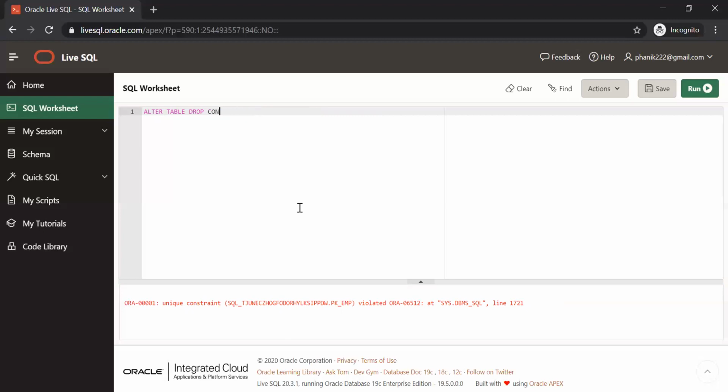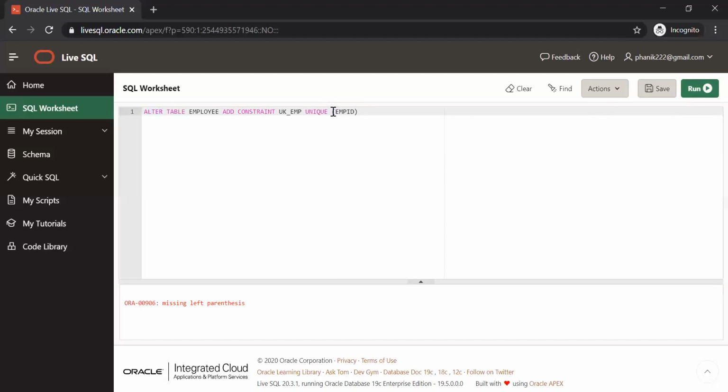You need not even specify a drop primary key. Table name you need to specify. So what I will do is add constraint unique key of... missing left parenthesis.